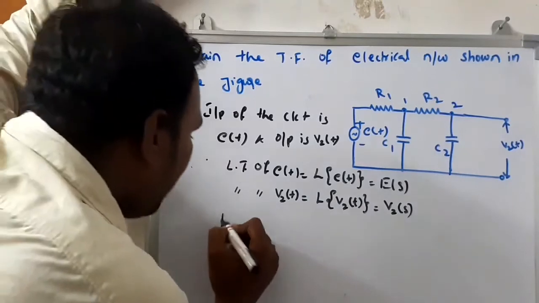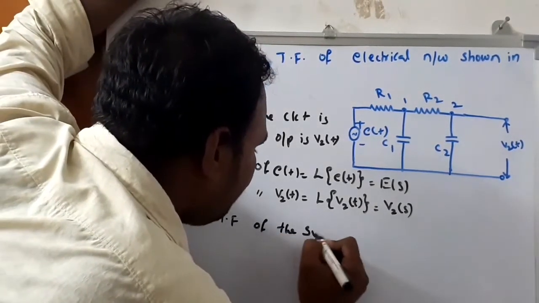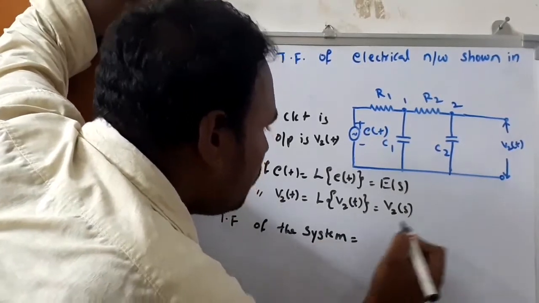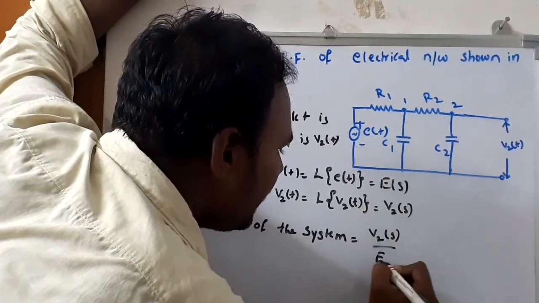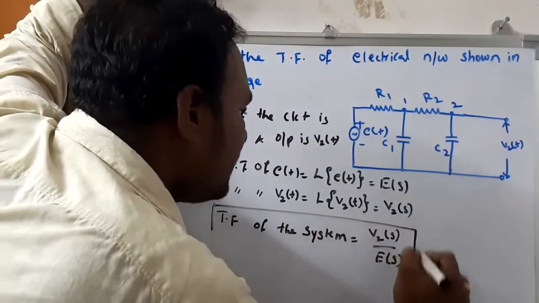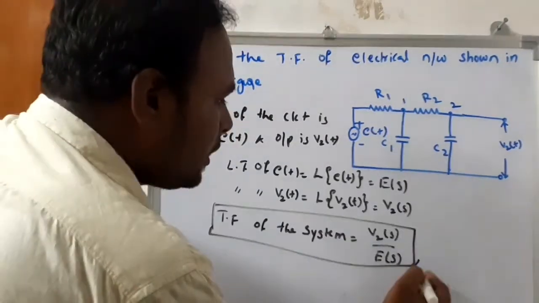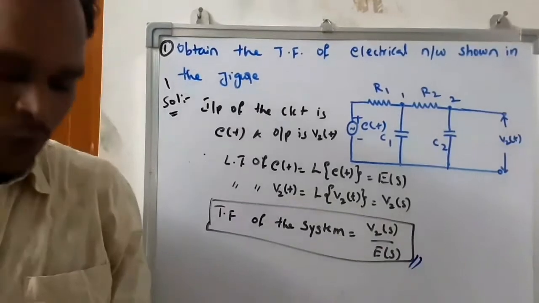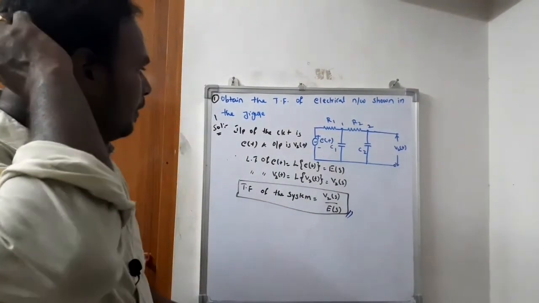Now we are going to find out the transfer function of the system, which is equal to output by input, so V2(s) by E(s). Now we are going to find out this part in the problem. Before going to find V2(s) by E(s), see here for the loop